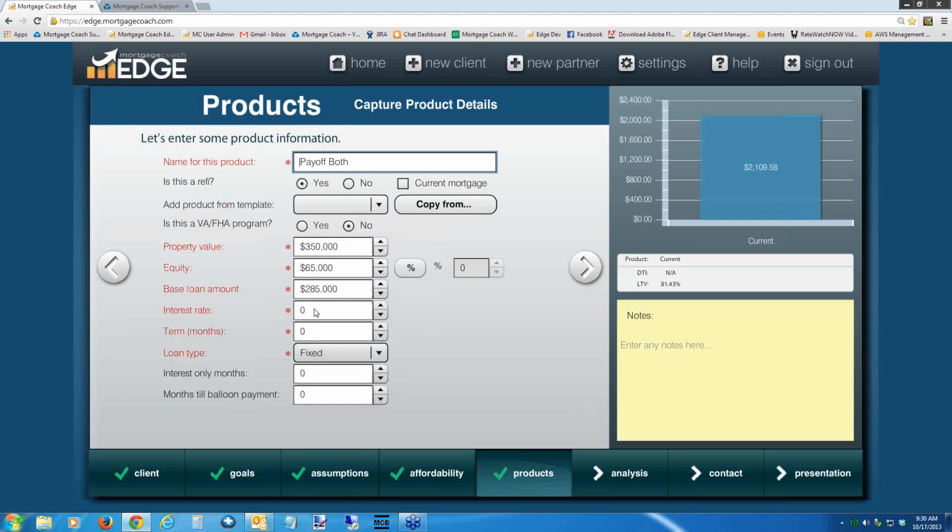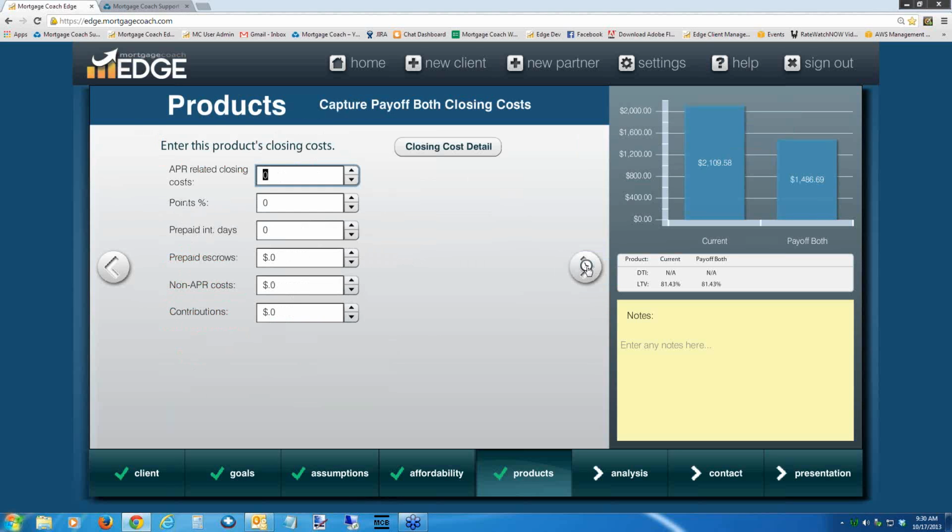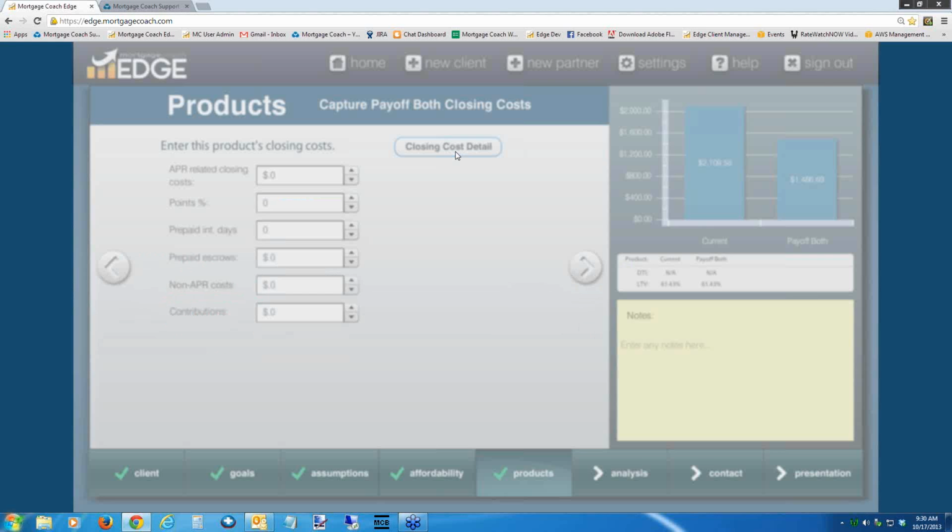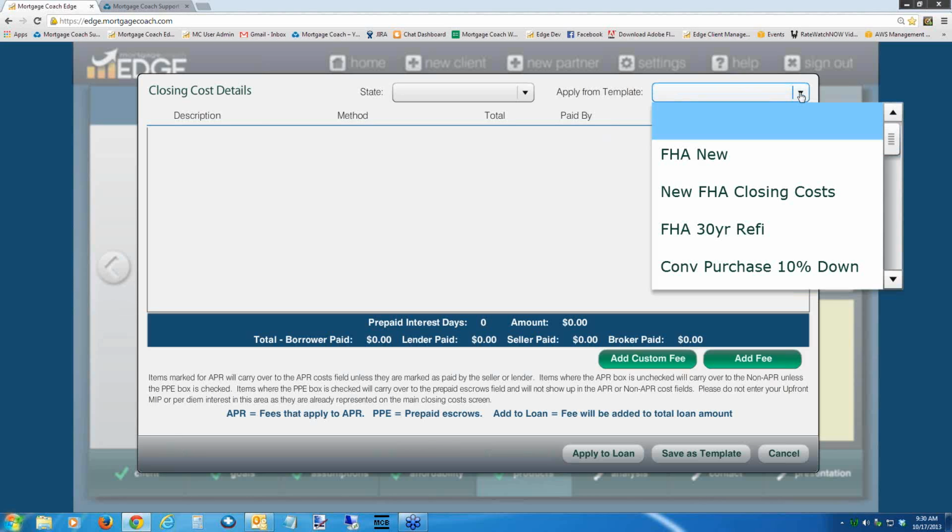Okay, so this is the payoff both situation. Let's say that I can get them down to 4.75 right now. And I'm going to leave this as a fixed loan just to keep it easy for us. And I'm going to go into my closing cost detail, bring in one of my scenarios here. Let's see if I've got